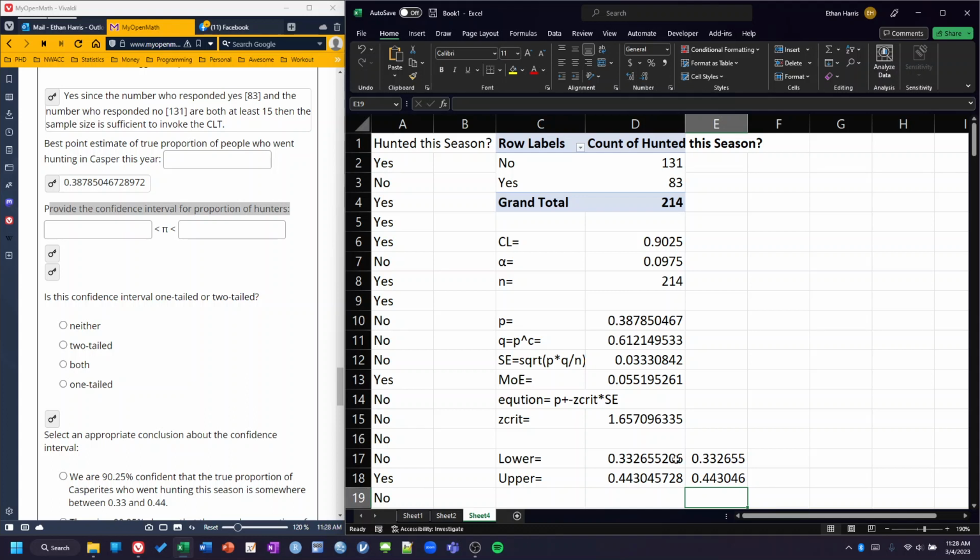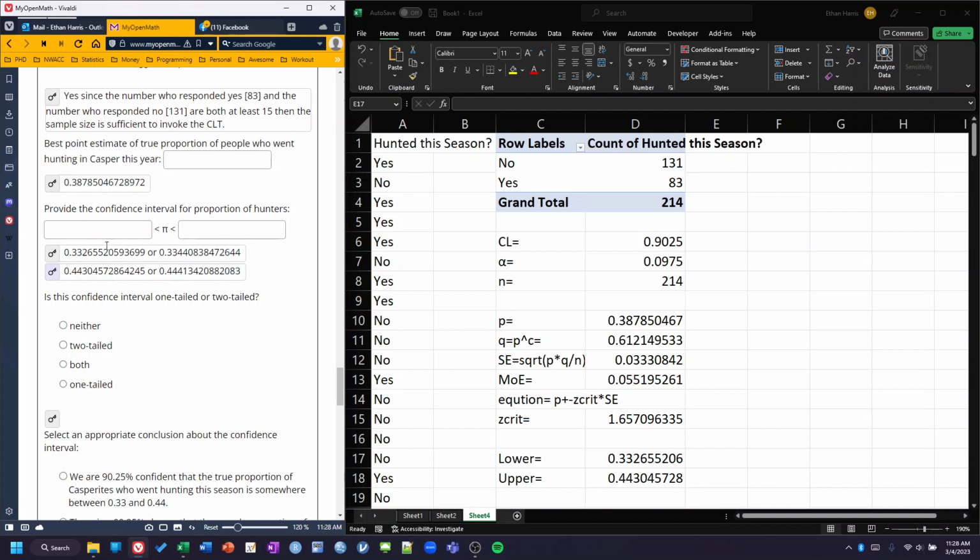Notice how these two are the same and how these two are the same, rounded to how many decimal places are being shown. All right, so that's our lower and our upper. And if we go ahead and click on the lower, there were two. I had another program that calculated things slightly differently, so that's why I have this OR over here. But if we compare it to this first one,